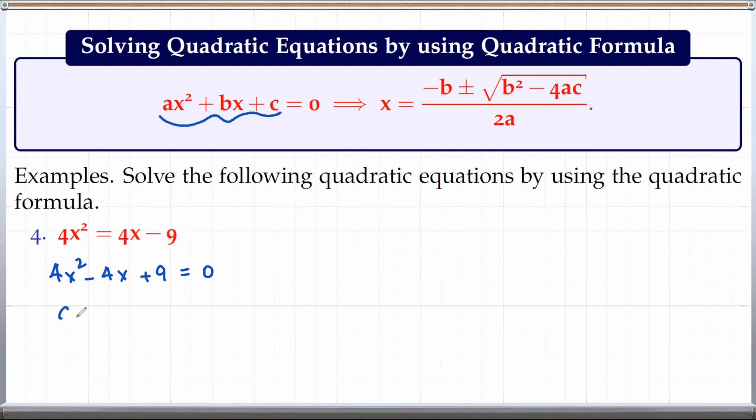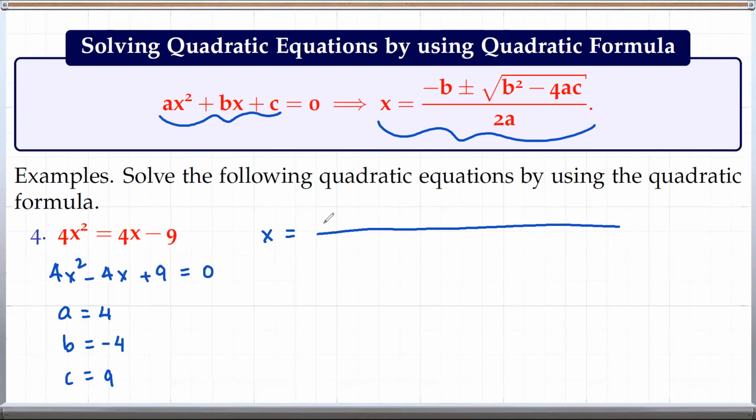So once you have that, we can identify a, b, and c. A is 4, the coefficient of x squared. B is the coefficient of x, which is negative 4. And c is 9, the constant term. Now we are ready to apply this formula. So we get x equals